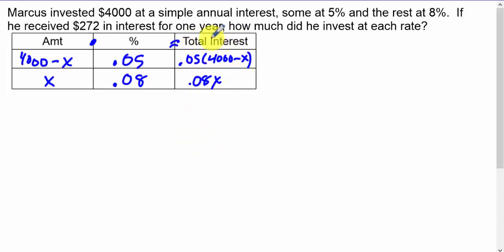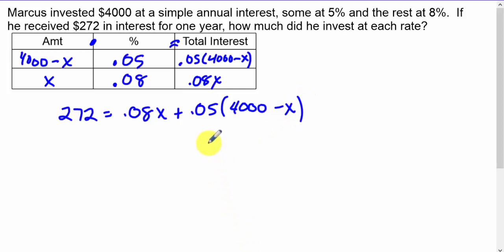Now, this is the total interest for the 5% account and the 8% account. And when I add up my total interest, I get 272. So 272 will equal that 0.08 times x plus that 0.05 times